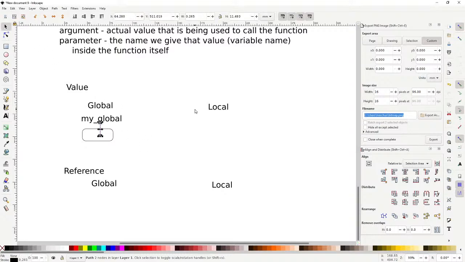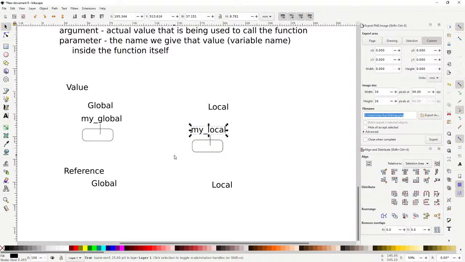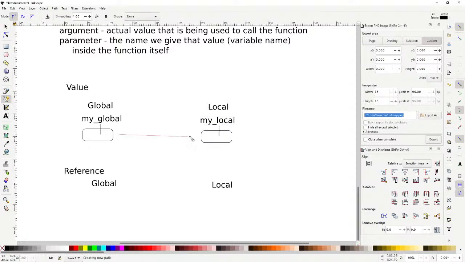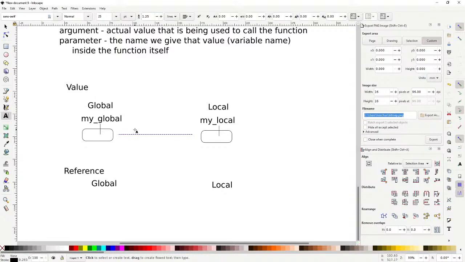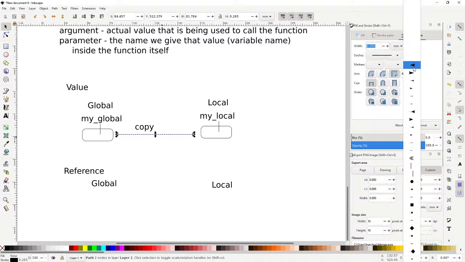When we pass something by value into a function, we have my local variable, and this gets copied. This is what it means to pass by value: you have a global variable, and when you pass it into a function, it makes a copy.